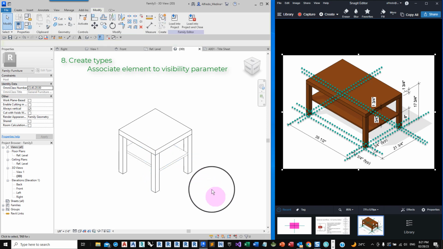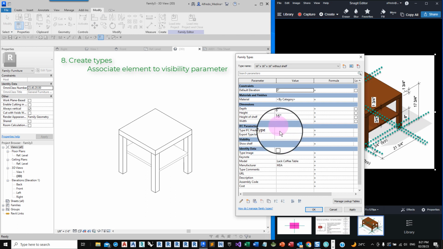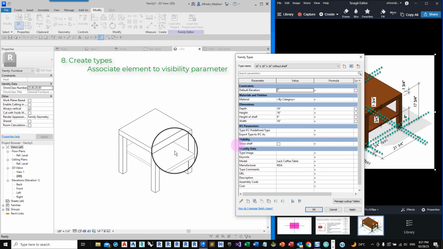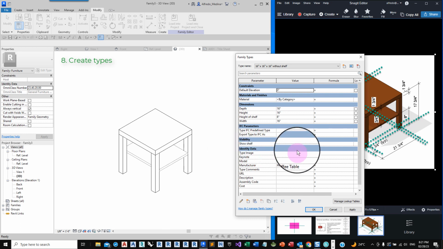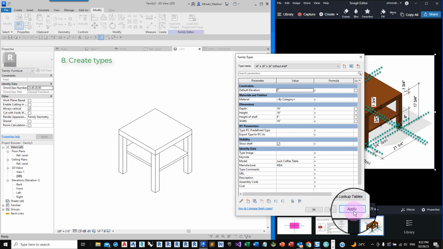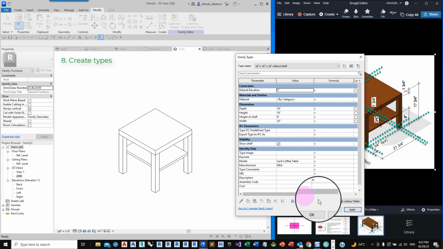So when I do that, I can come here to type properties and notice that now it says do not show the shelf. We still see it, but in a half-tone color, right? And if we activate this and click apply, we see the shelf in a normal black color.